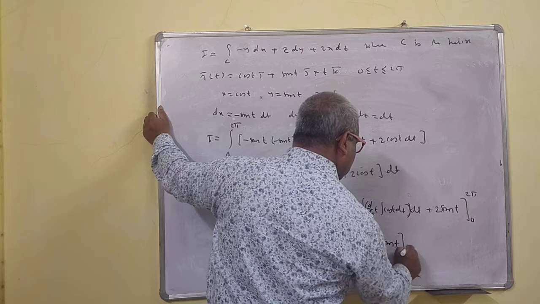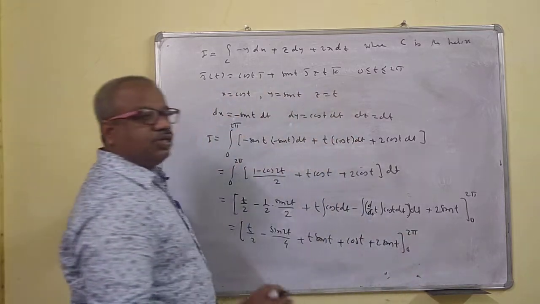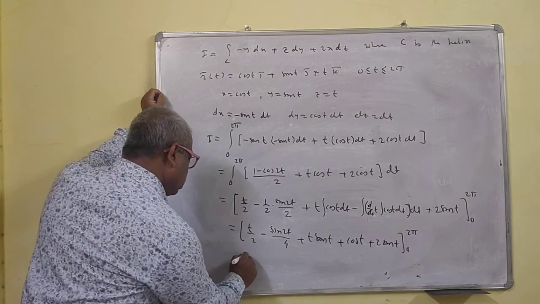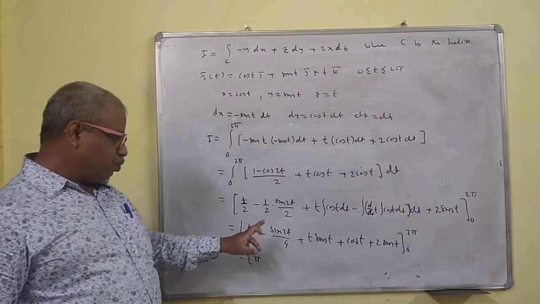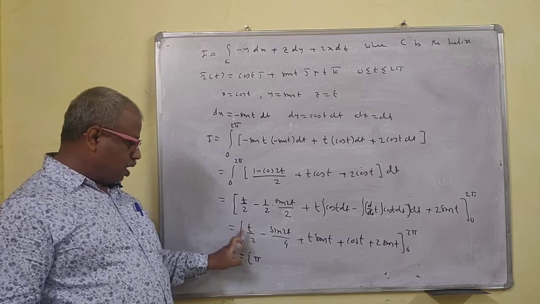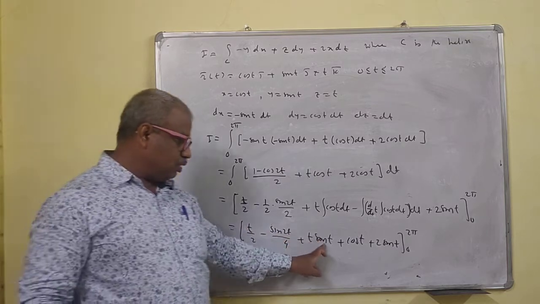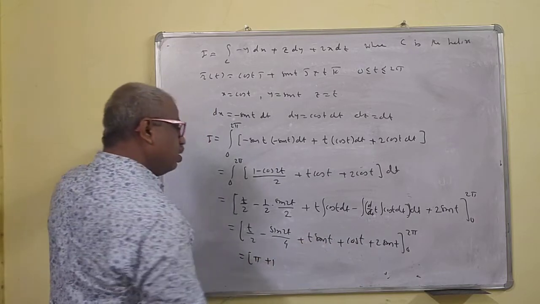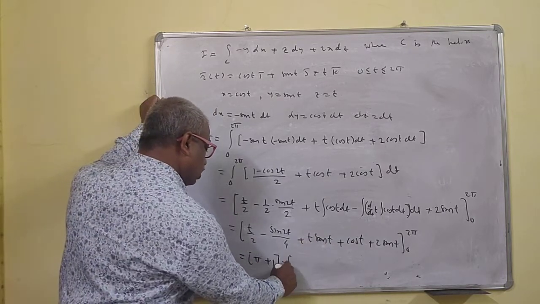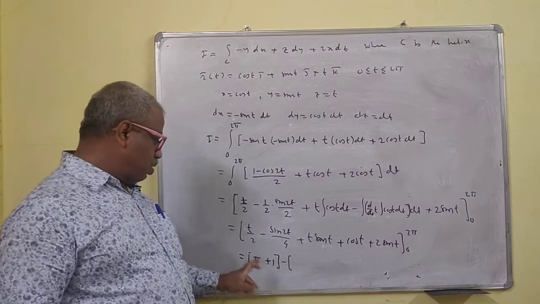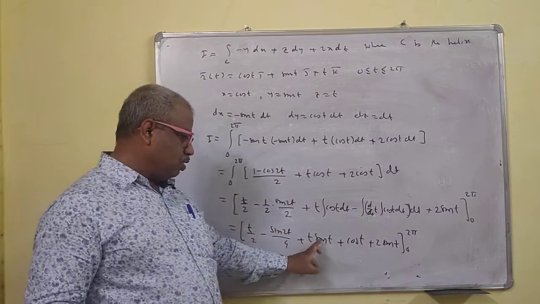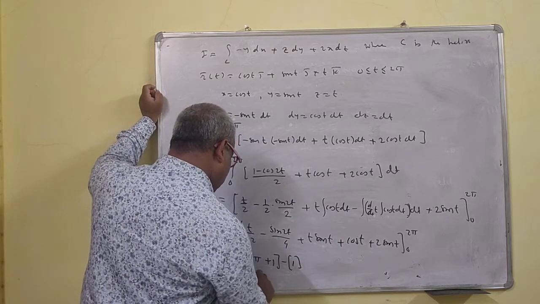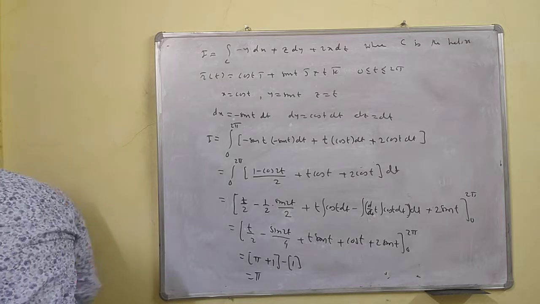0 to 2 pi. So sin n pi is 0. So this is what then? This is pi, because you have to put t is equal to 2 pi. Okay, 2 pi upon this. So this is 0, because sin 2 pi is 0. Cos 2 pi is 1, so plus 1. Sin 2 pi is 0. Okay, minus, you have to put t is equal to 0. So if you put t is equal to 0, this is 0, this is 0, this is 0. Cos t is 1. So this value is what? Pi. So your integration is pi.